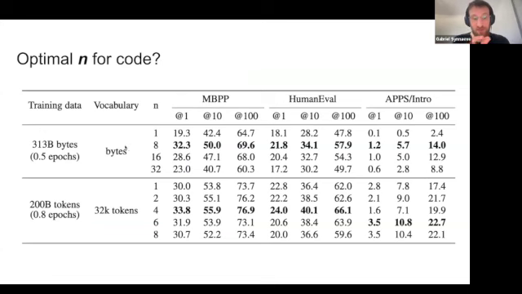At the level of bytes, we don't have this tokenizer I was telling you before, right? So we have character by character. In this case, the optimal n is 8, which makes sense. Those bytes are much smaller than tokens of the tokenizer, so you can probably predict more in the future. And this 32K tokenizer is the one from Llama 2 and from Code Llama. In this case, the optimal n was 4, for most of the datasets. For some of them it was a bit bigger.